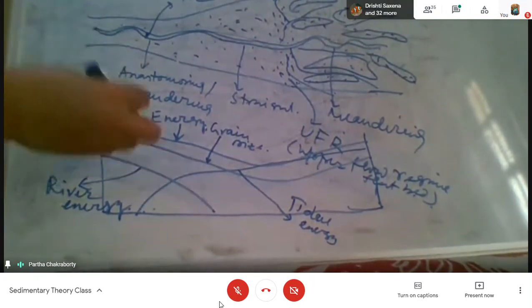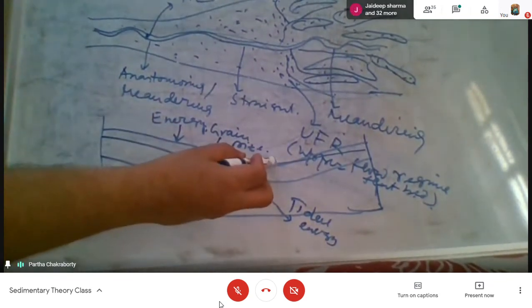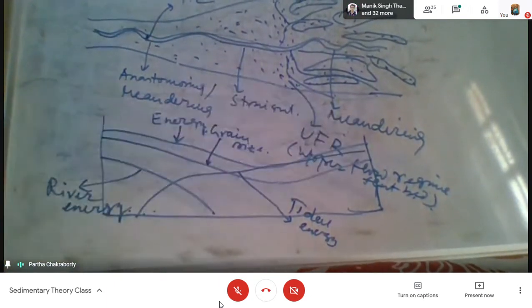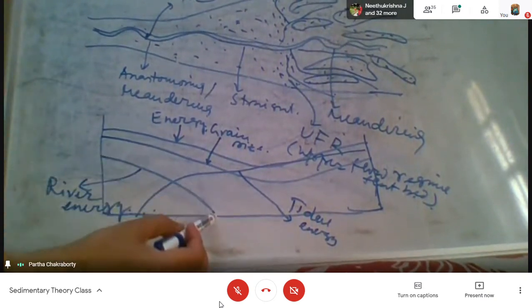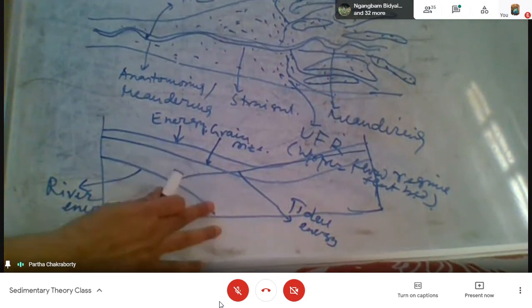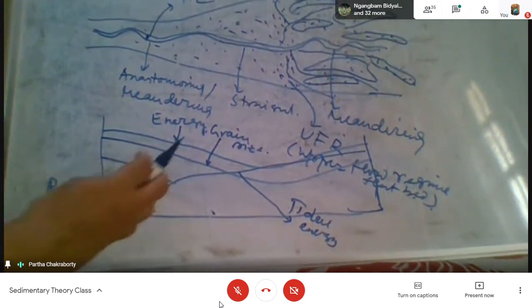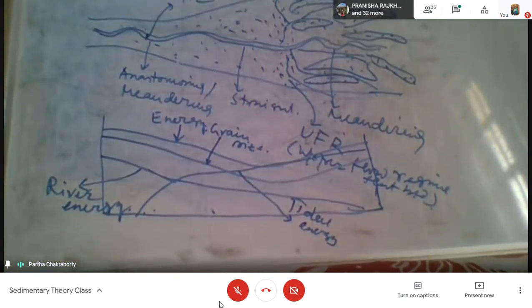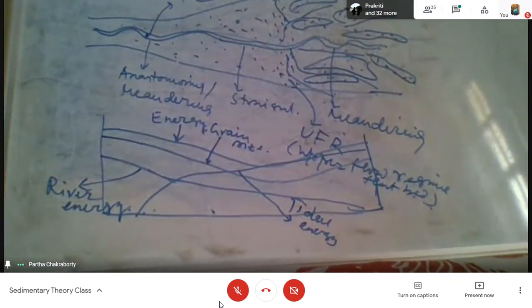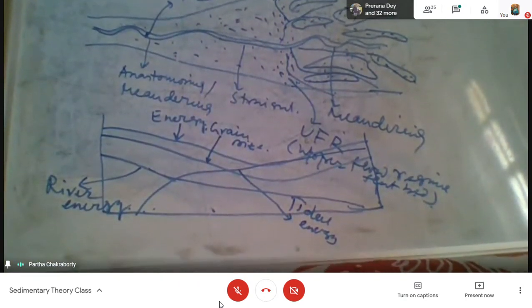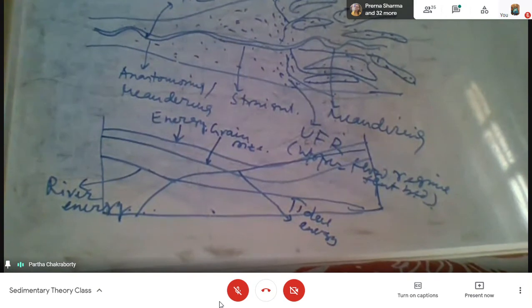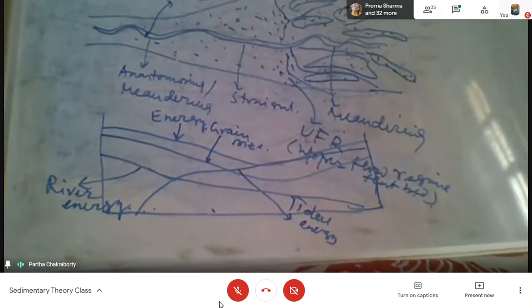You see the energy never goes very down. Energy always remains high. Same is the grain size: a little decrease, but not a real decrease as you get in the wave dominated estuary. The river energy, sorry, this is the wrong drawing. The river energy actually continues up to this. River energy is decreasing but continues up to this. The tidal energy decreases here. Okay, so this is the tide dominated estuary, and this differentiates it from the wave dominated estuary.